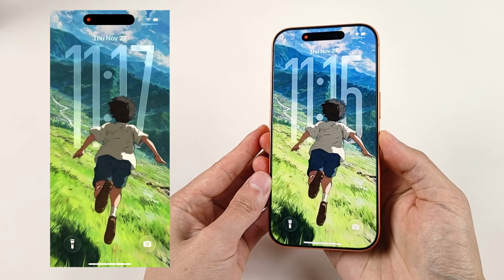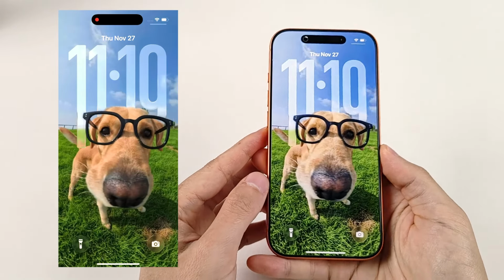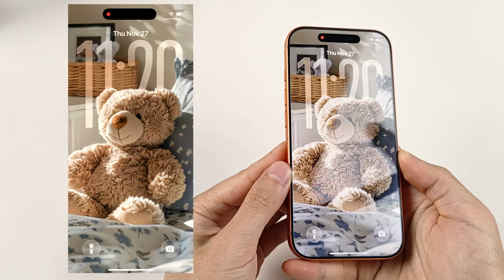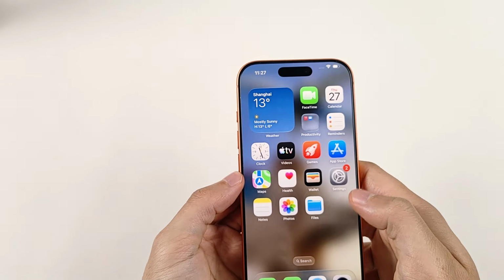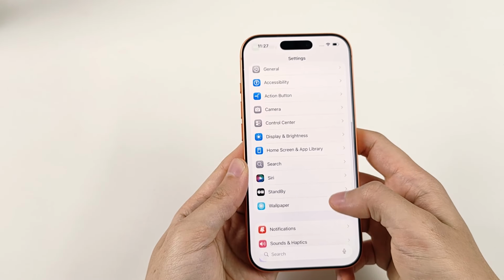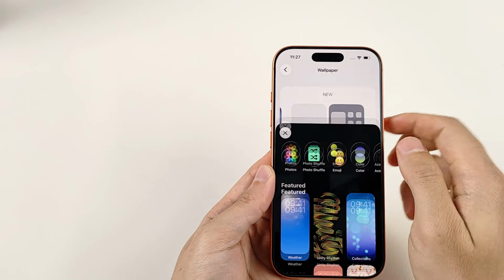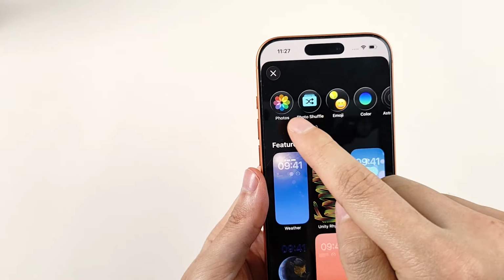First up, the big upgrade, Spatial Scenes, basically 3D wallpapers. iOS 26 uses depth sensing to turn your lock screen photos into a layered 3D effect. When you move your phone, the wallpaper actually moves with you. Super futuristic. To try it, make sure your phone's updated to iOS 26, go to Settings, Wallpaper, add New Wallpaper,